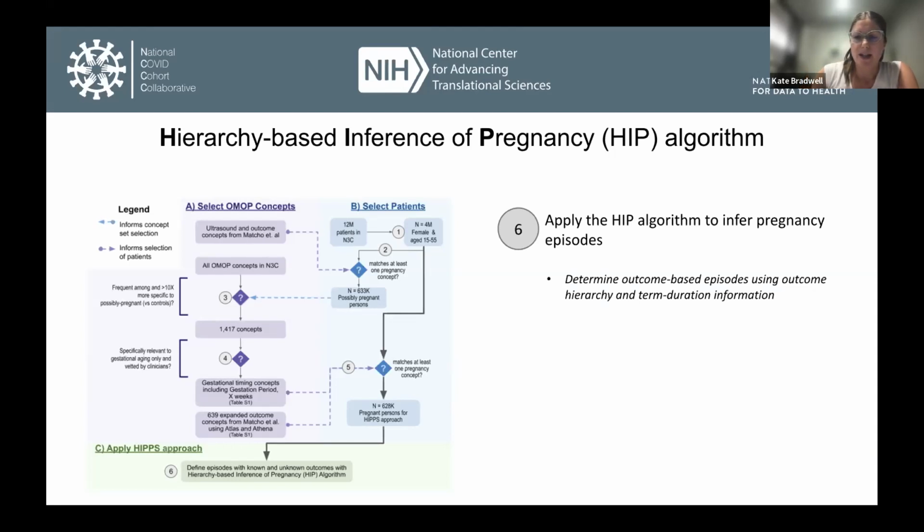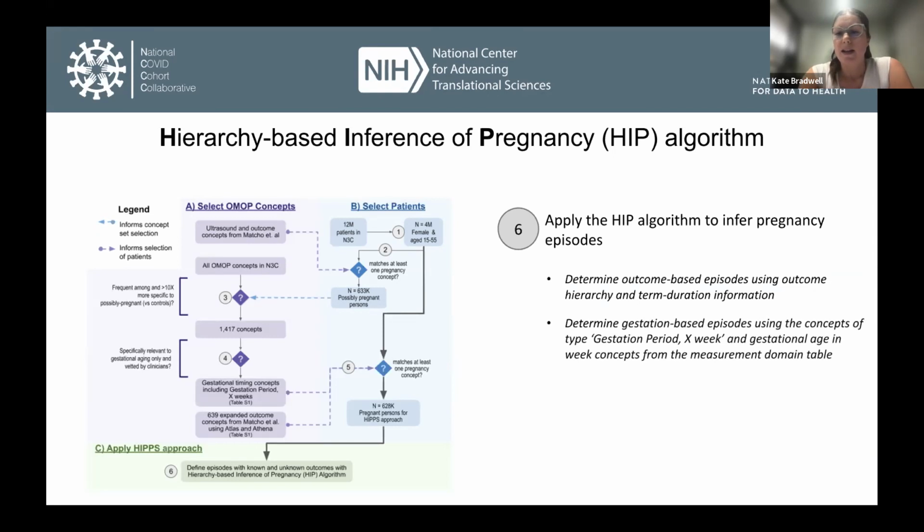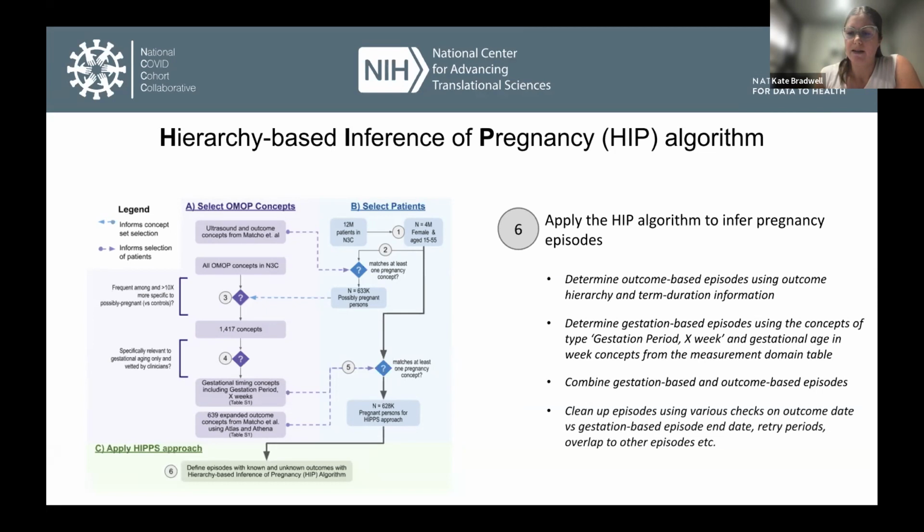We also used term duration information, so defined the possible maximum and minimum start of pregnancy based on how long you would expect the pregnancy to be, given the outcome you're seeing. And then she defined gestation-based episodes using the concepts of gestation period X week and gestational age in weeks from the measurement domain table. And then she took the union, sorry, of gestation-based and outcome-based episodes, so combined both types of episode,